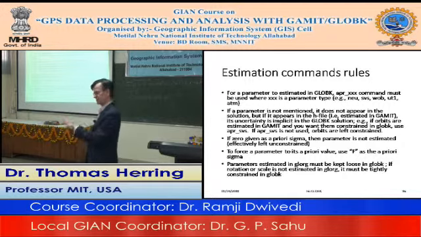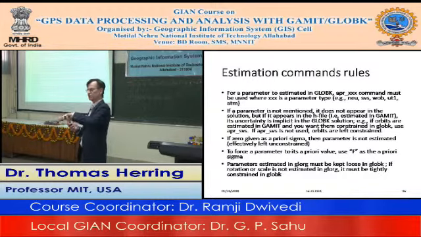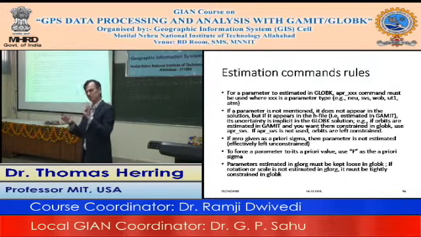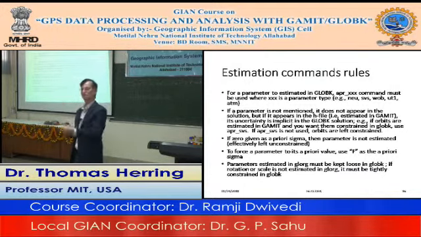So the idea is the algorithm in GLOBK assumes your system is rank deficient. And for rotation, it is rank deficient by definition because the Earth's rotation varies so much. Translation in GPS is sort of rank deficient. Although if you have the orbits free, it's very poorly determined, so it's close to rank deficient. When the orbits are fixed, the origin is pretty well set. So when you do translation for your reference frame, you should be explicit about estimating that